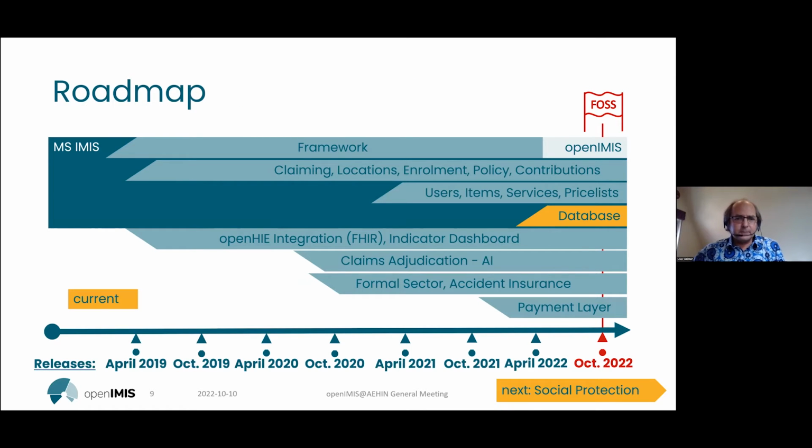The roadmap has been quite long now. There were gaps in between, so we didn't take the full 4 years. It always depends on finance and availability of the developers. But it was quite a way, starting from the big green blob at the left-hand side of the picture, the Microsoft IMIS. We have basically carved out functionalities, like the light green bars that you see, and we have added functionalities, the light green bars outside of this big dark green thing.